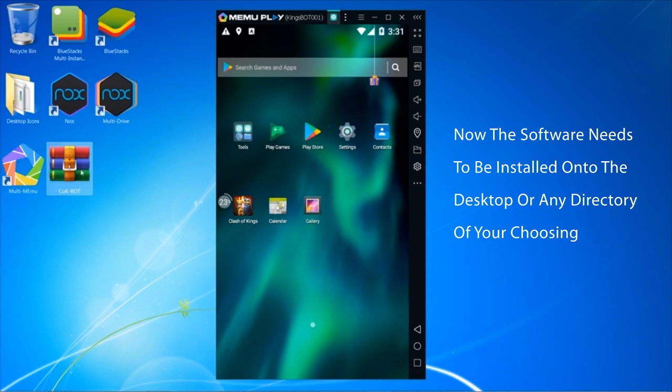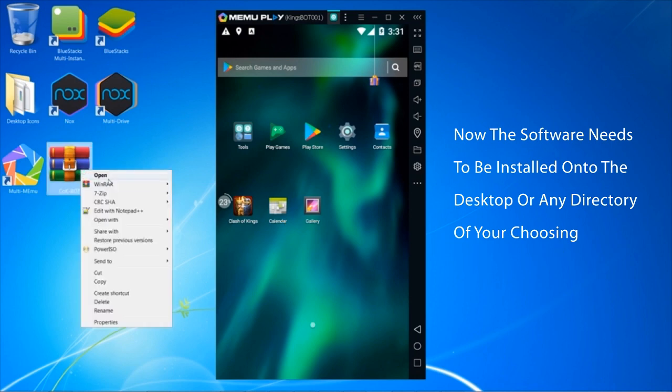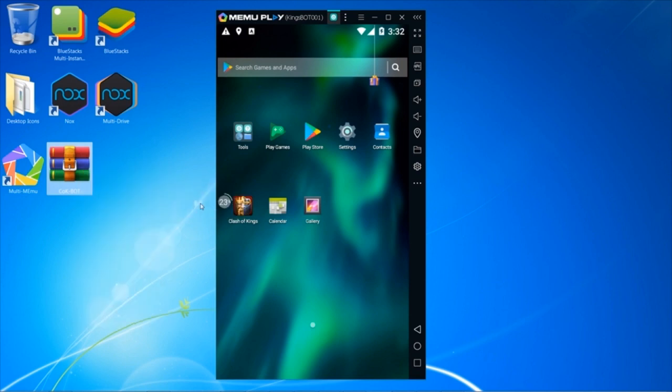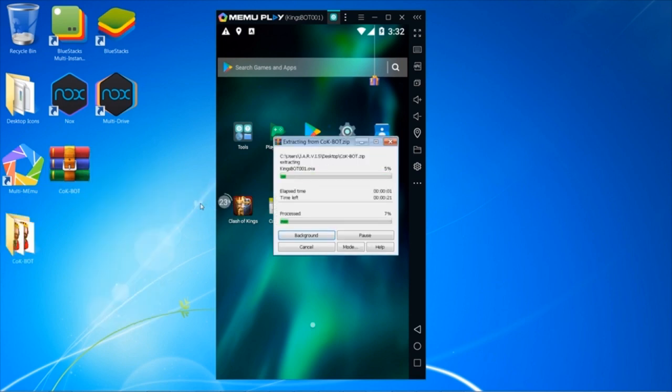So now the software needs to be installed onto the desktop or any directory you may choose. So we'll just extract to here. And we get a folder here, KingsBOT, and this is the source folder now. And it can stay on the desktop or wherever you extract it to, as long as you make sure that you do this from this folder. So what we're going to do is open this folder